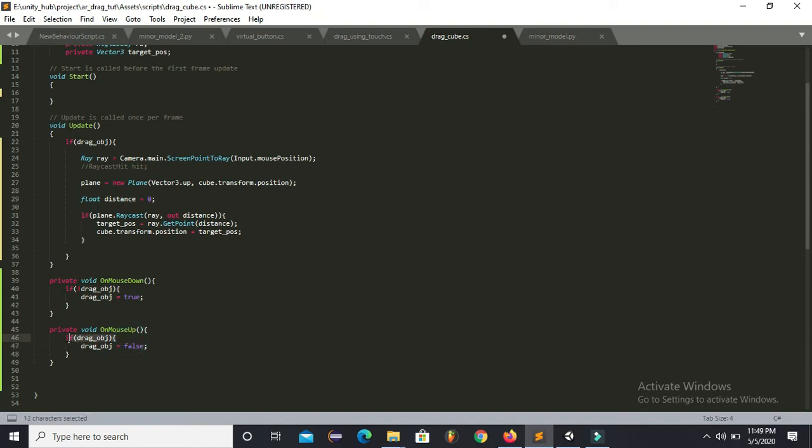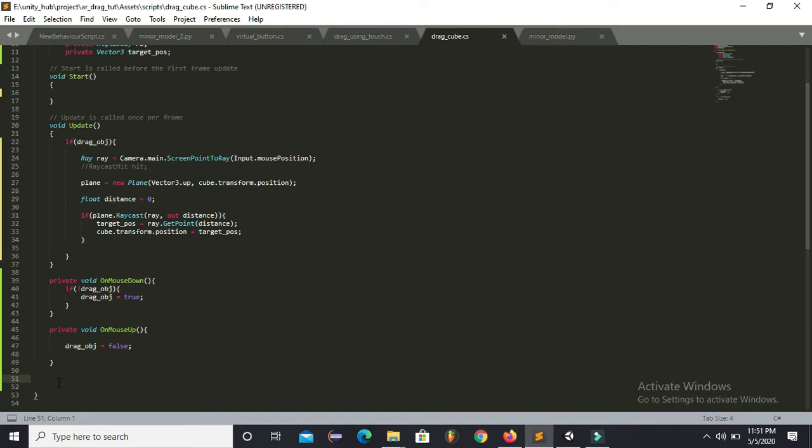I think we don't need to put a condition. So whenever you release your hand from the mouse, this function OnMouseUp will be called, and this drag object variable will be assigned a false value.